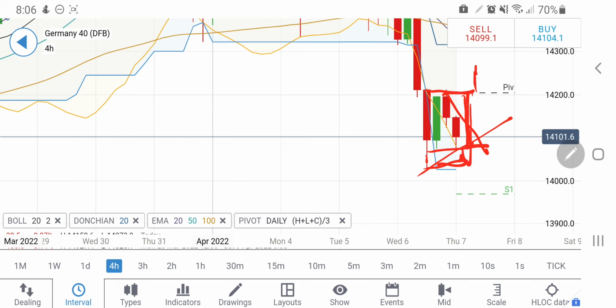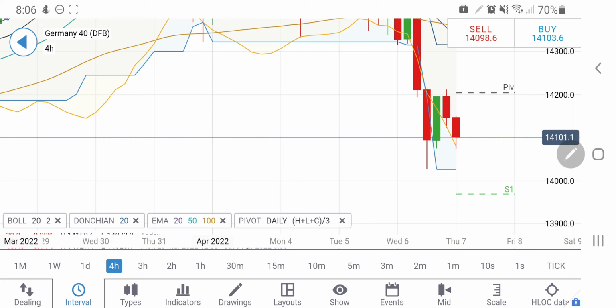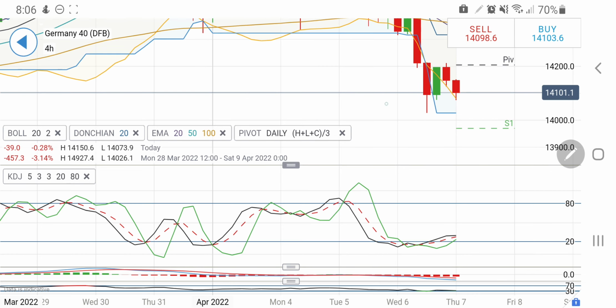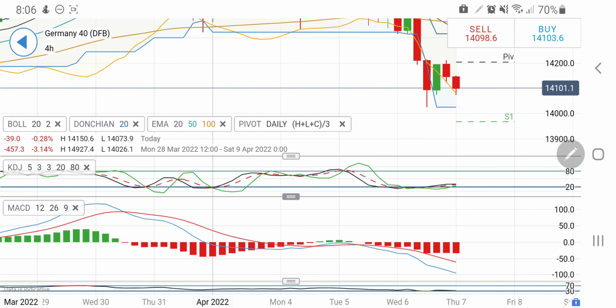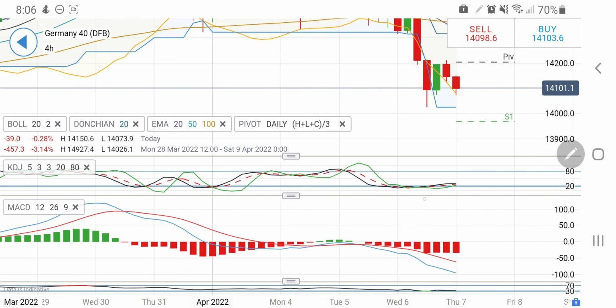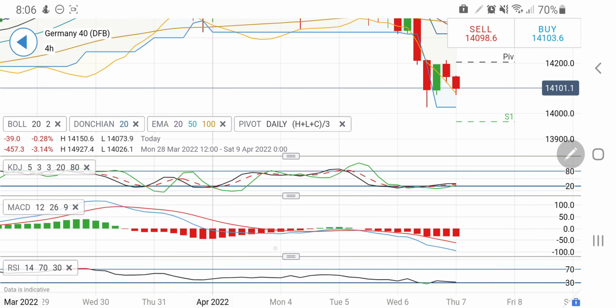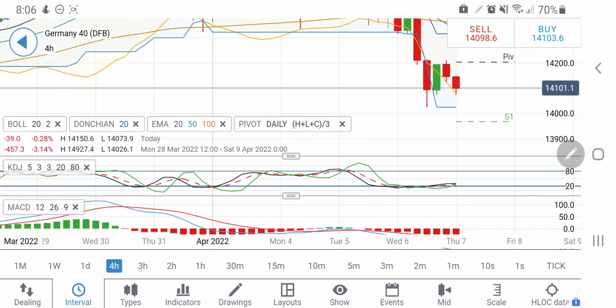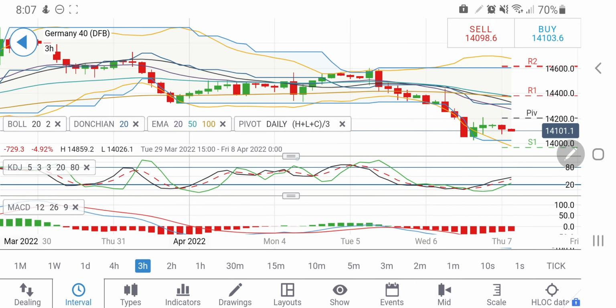Only reversal confirmation is above 14,200, where you can expect it to rise. Rather, once you see it above 14,150, you can expect that it is going to reverse from there. At the same time, breaking 14,050, one can take a short entry. Don't trade between 14,050 and 14,100. 4-hour stochastic looking upwards. MACD from here now should start converging, and hence I will expect it to rise from here. RSI not showing any signs, but oversold there.